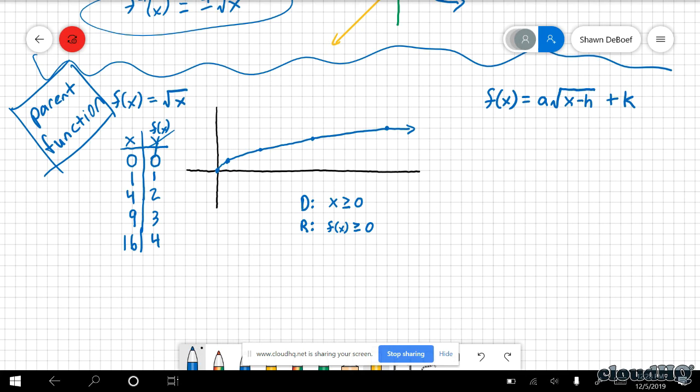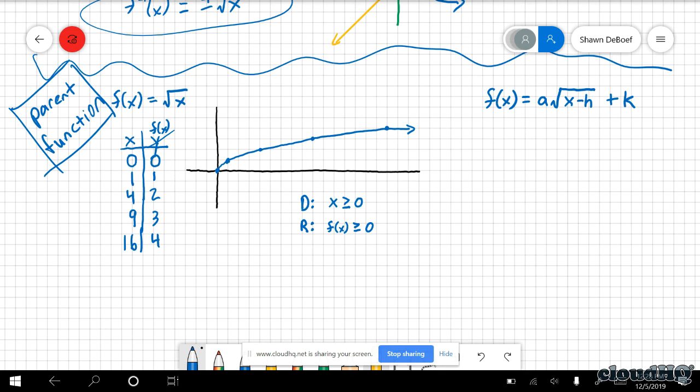Have we seen those letters before? We have. We've seen them every chapter, actually. And we will see them, I think, about almost every chapter after this as well. You should get used to seeing A's, H's, and K's. Does anybody recall what kind of transformation we get with an H value? H value is your horizontal shift. It will go left or right. What is your K value? Vertical shift, it will shift it up and down.